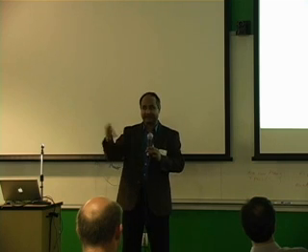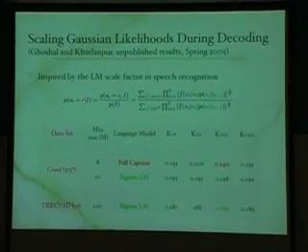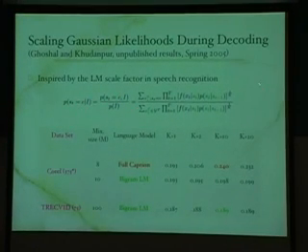And so this is as far as the language model. The next thing we did is scaling of these Gaussian likelihoods. So remember, this was the standard equation. The posterior probability that I went through some state C at time t would be computed like this. All I'm doing is taking the likelihood that comes out of the HMM calculation and flattening it. So k is usually a big number, 2, 5, 10, 20. So you take a very sharp density and you sort of flatten it out. Right? And why do we do this? I have no good answer for it, but it seems to work great in speech recognition. So we said, let's try it over here.